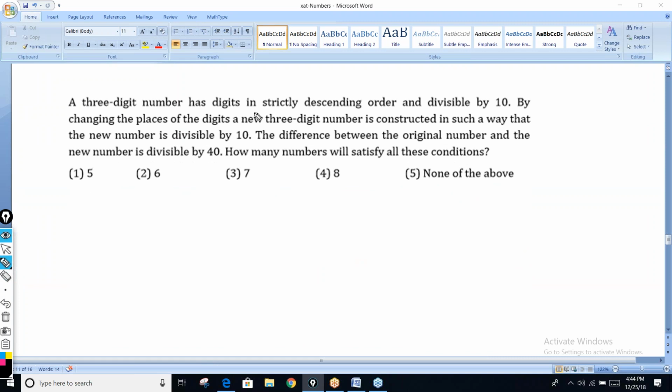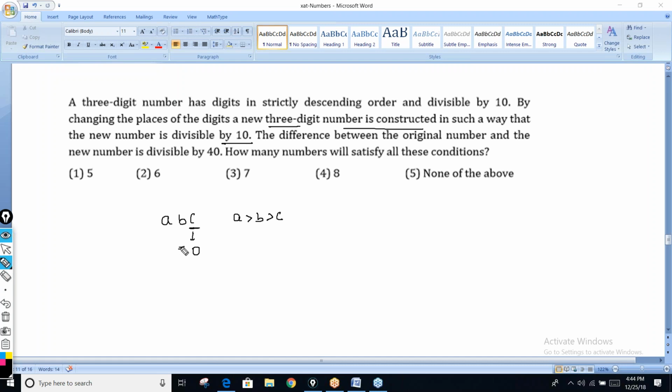Let's say the 3-digit number has digits in strictly descending order. Strictly descending order means A is greater than B, B is greater than C. And divisible by 10. Number will be divisible by 10 if this digit is 0. So C is 0. By changing the places of the digits, a new 3-digit number is constructed in such a way that the new number is also divisible by 10. So if the new number is divisible by 10 and again it is a 3-digit number, so obviously this digit cannot be 0,